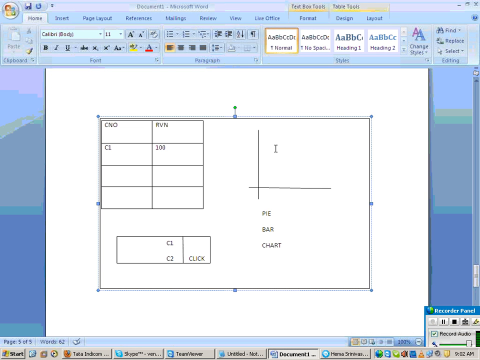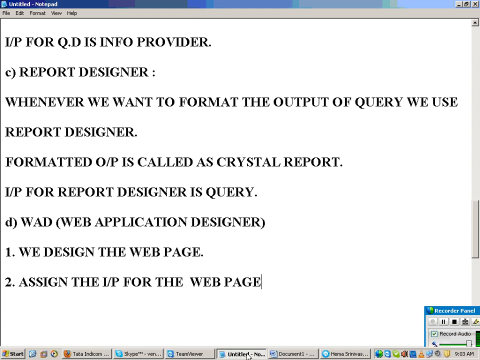That means you have to assign the input to the web page. That is, from which query this table has to read the data. Now for this drop down box, which info object does it have to get the data from? Customer. Understand now? This graph should get the data from this input. Like that. Assigning the input to the web page is actually called data binding. You have to perform something called data binding.